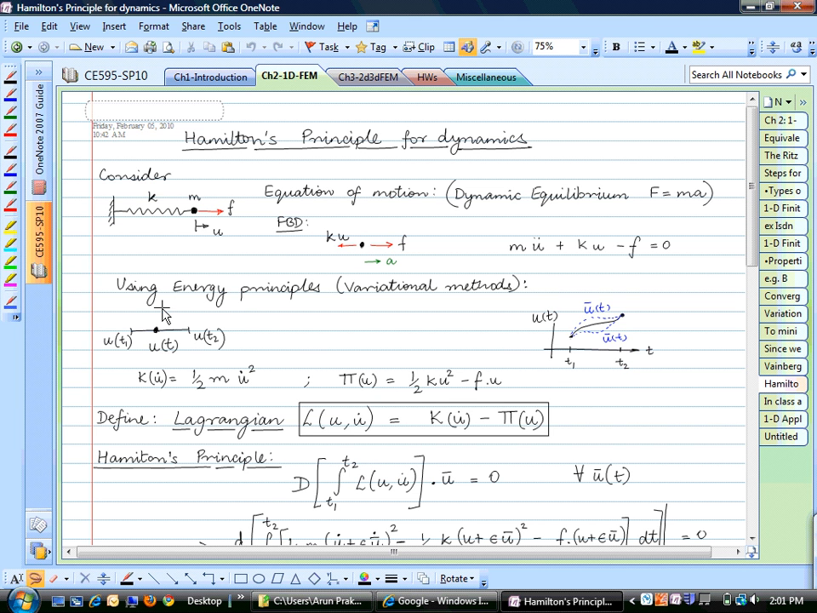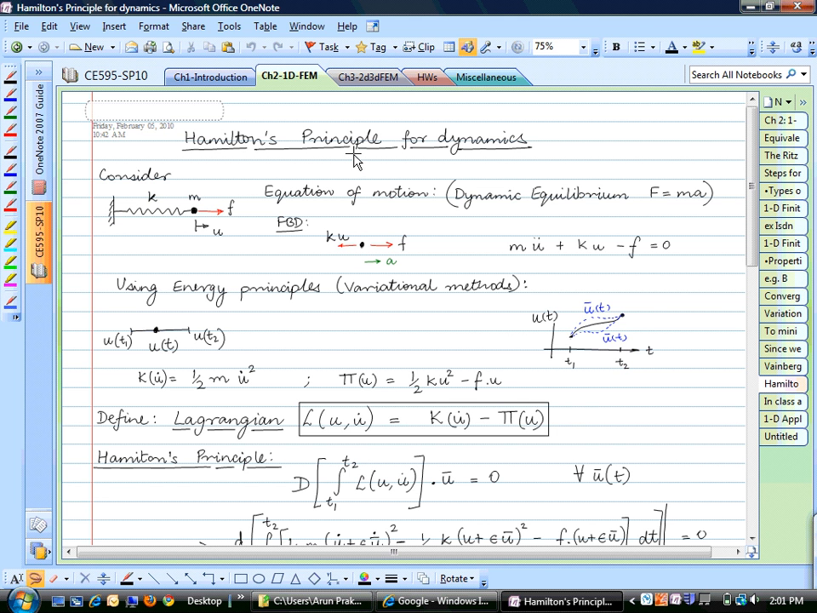In energy principles for dynamics, we know that we can define a quantity kinetic energy, which is just half mv squared, where v is the first time derivative of u, v is equal to u dot. And this is the potential, which is the strain energy stored in the spring minus the potential due to external forces. If you define your kinetic energy and potential energy in this way, then Hamilton's principle, which is just another energy principle for dynamics,